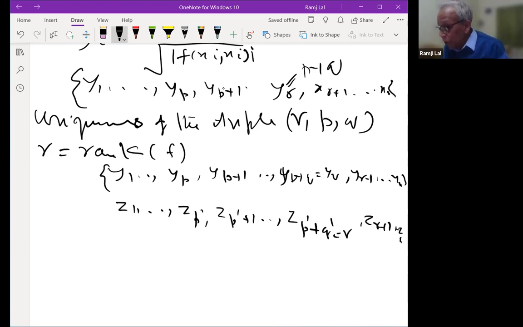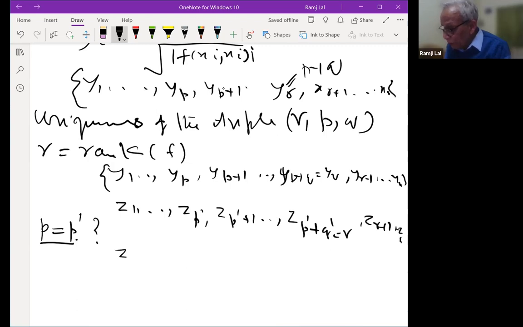All that you have to observe is that p is equal to p dash, and then obviously r minus p will be the same thing as r minus p dash. So all that we have to prove is that p is equal to p dash. So this is what we want to prove here. For that, what we do is the usual method normally in linear algebra. You must have seen it somewhere.